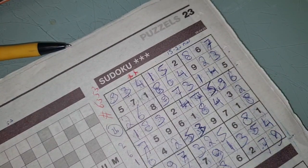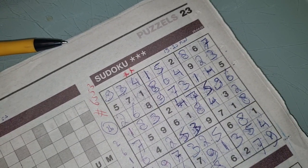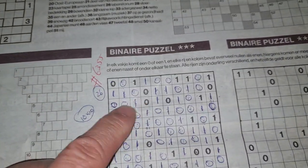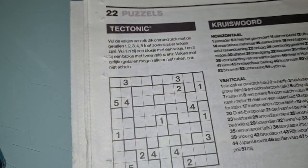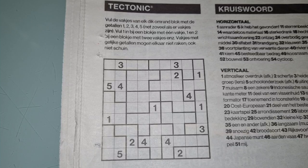The 2 stars Sudoku, it's indicated with 3 stars. We have here the killer Sudoku already solved. The binary already solved, and the last puzzle I will do is this one, Tectonic,